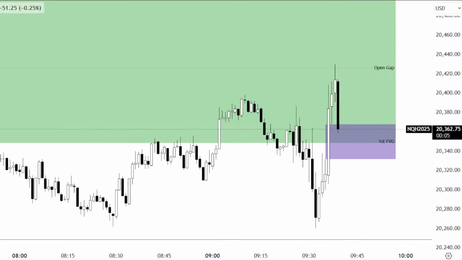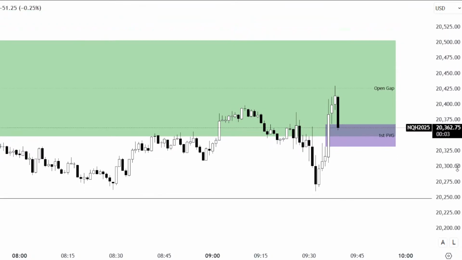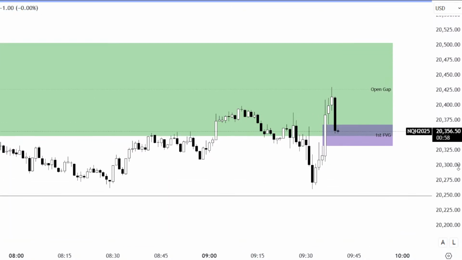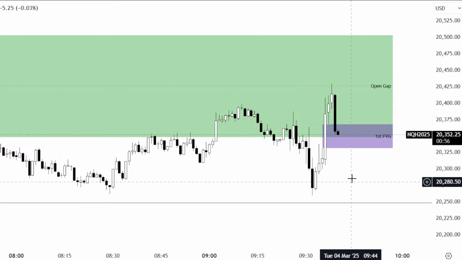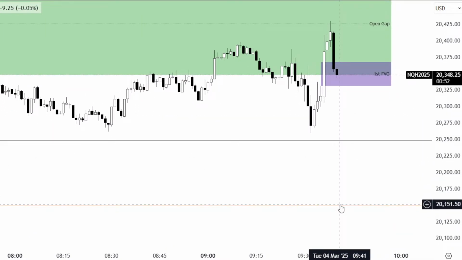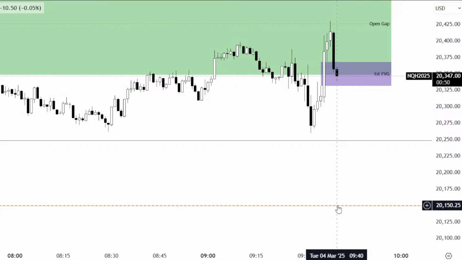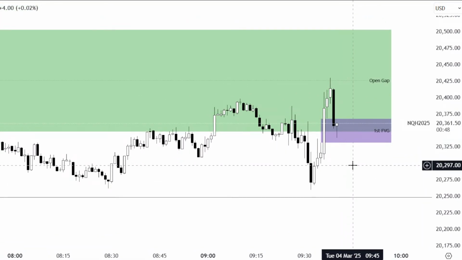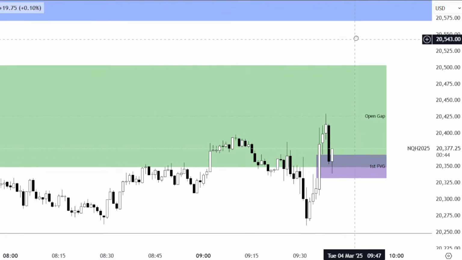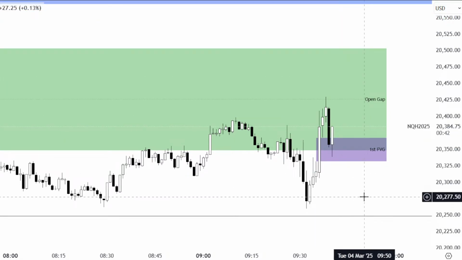Just want to look at something quickly. Alright, so if we break lower here, guys, we might get to this level down here, and yeah, let's see. If we bounce there, we could go all the way up to this fair value gap, this blue block, and yeah, let's just keep an eye on that.